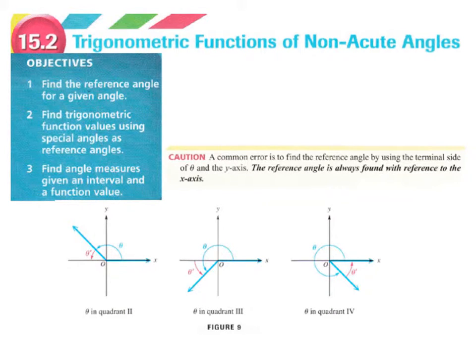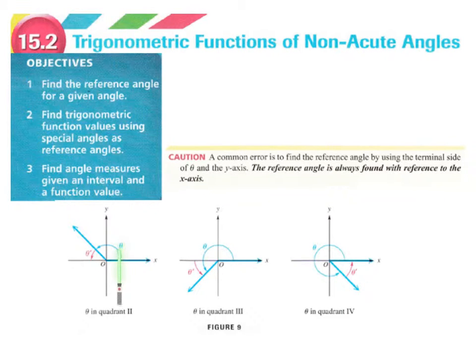For this section we have a few different objectives. One is just to be able to find the reference angle for a given angle. We also want to be able to find trig function values using special angles as reference angles, and find angle measures given an interval and a function value. And when we are finding a reference angle,